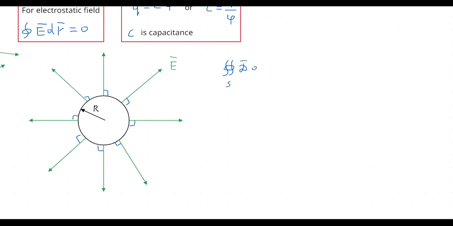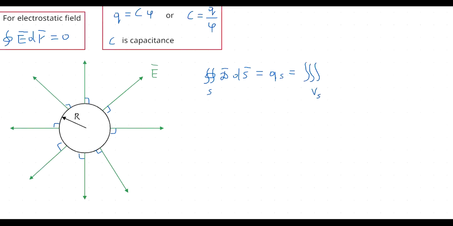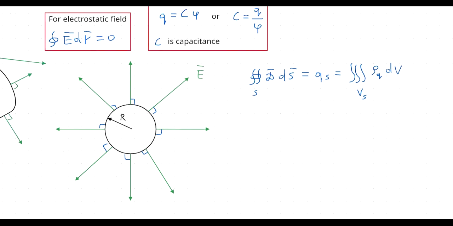The closed integral of D dS is equal to q_S, and this is equal to the triple integral over the volume inside the closed surface S of rho_u dV. Okay, how to use the Gauss flux theorem? The first step